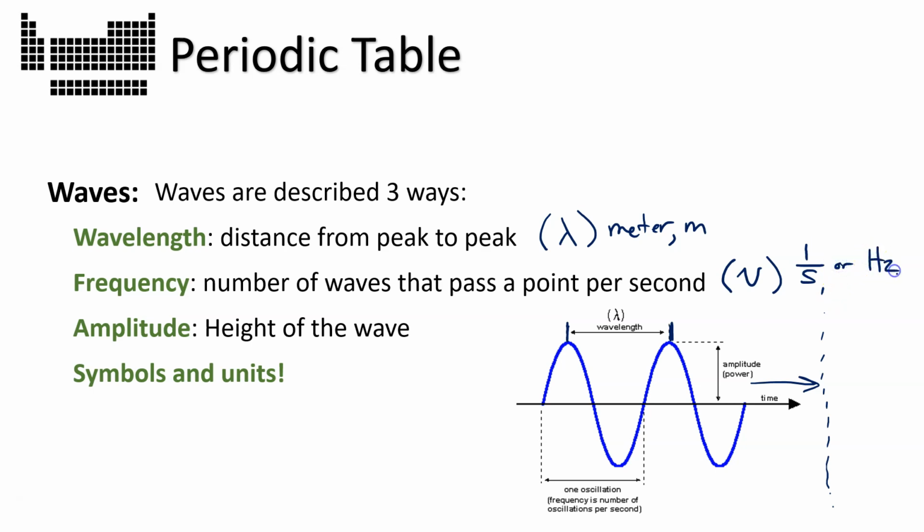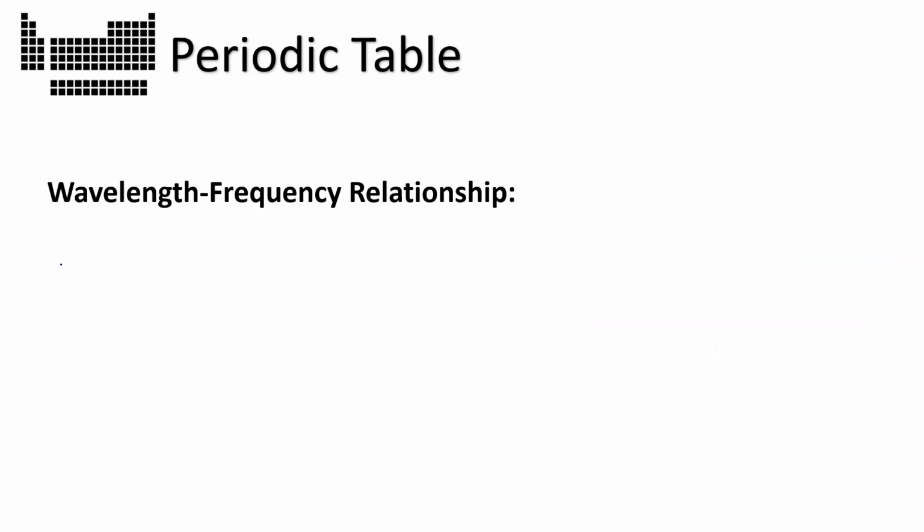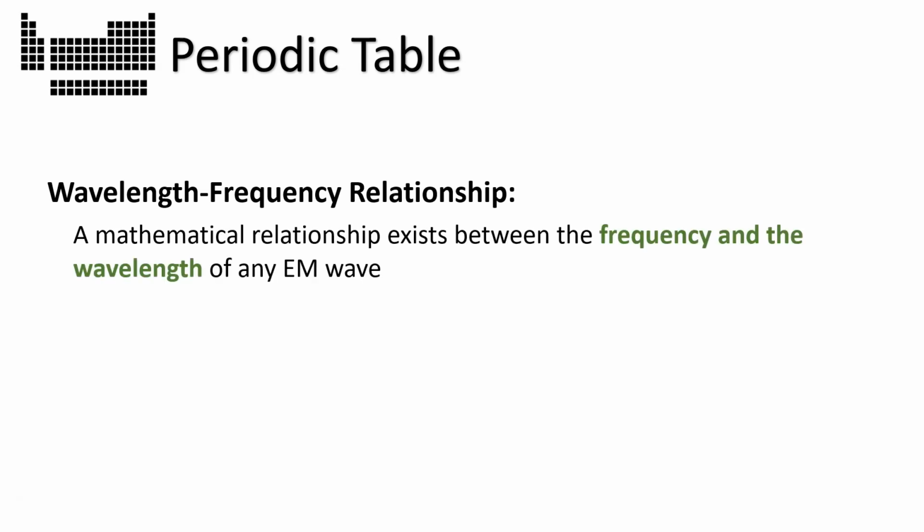1 over seconds is the same thing as the more common term, something known as hertz. You might have heard of the term megahertz. If not, that's okay. Hertz, though, is the same thing as saying 1 over seconds. The point is, wavelength and frequency to a chemist are super important because there are some important mathematical relationships that connect these two things, and that will have importance for us in understanding atoms.